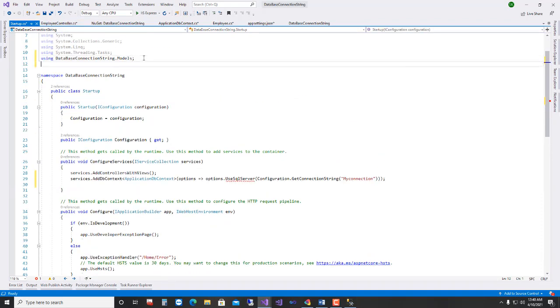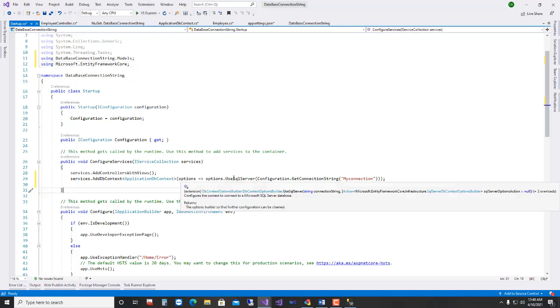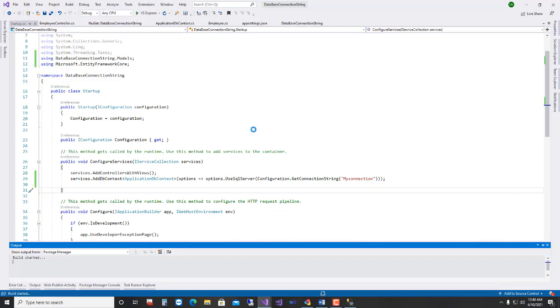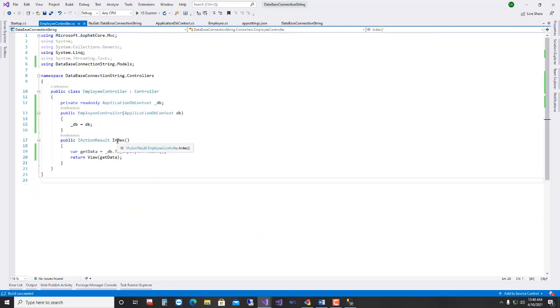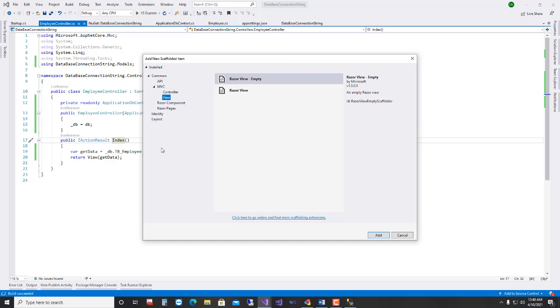I also give the reference using Microsoft Entity Framework Core. Okay, build. Build success.